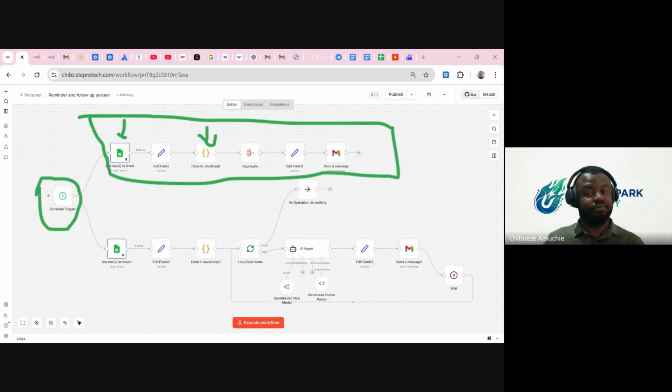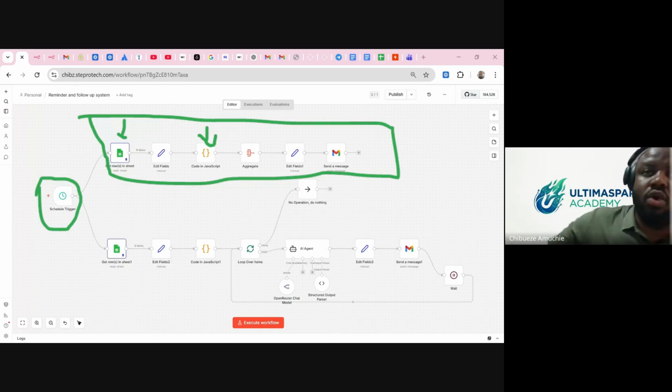So he said, no calendar and nothing, but I told him the professional way to do it is to add calendar. Add calendar in this workflow so that it will fix the appointments and schedule. So instead of sending all these reminders every day, you are using calendar. So this code node is going to clean and remove any date that is not current and future. You can also decide to make it to only send ones that are